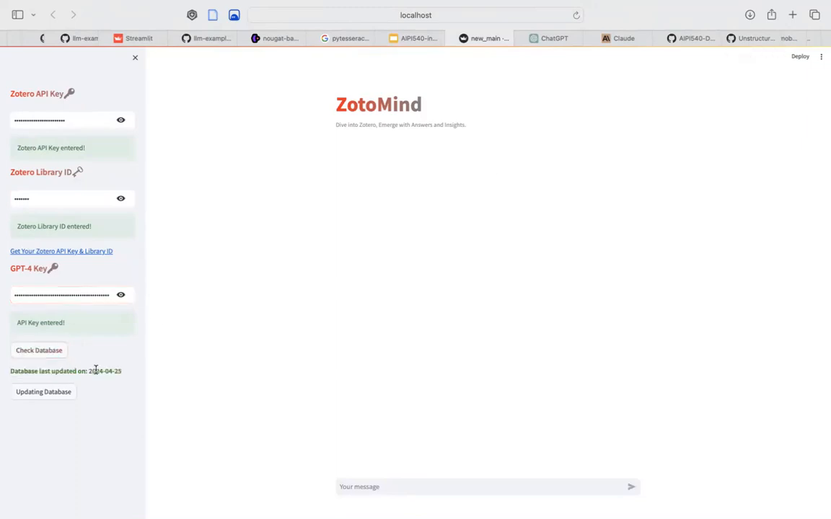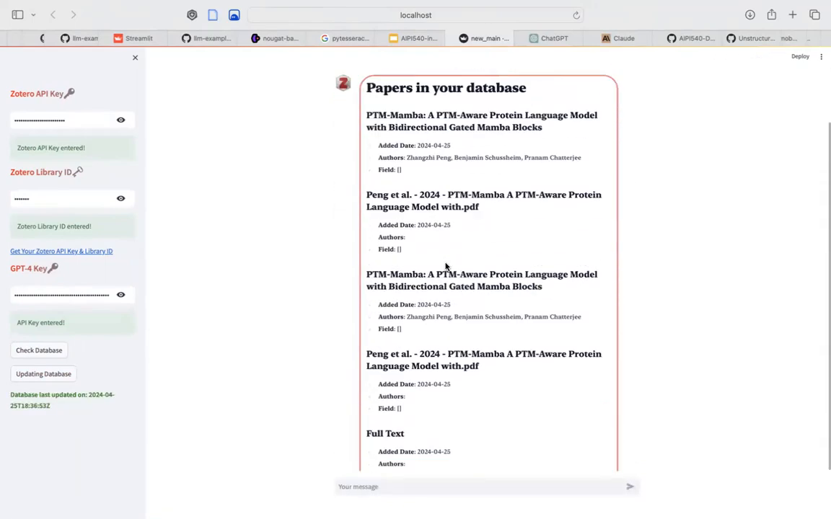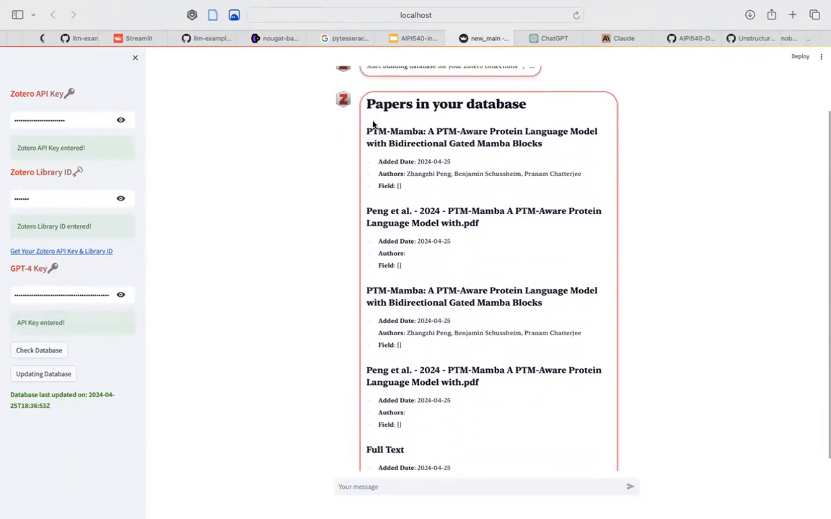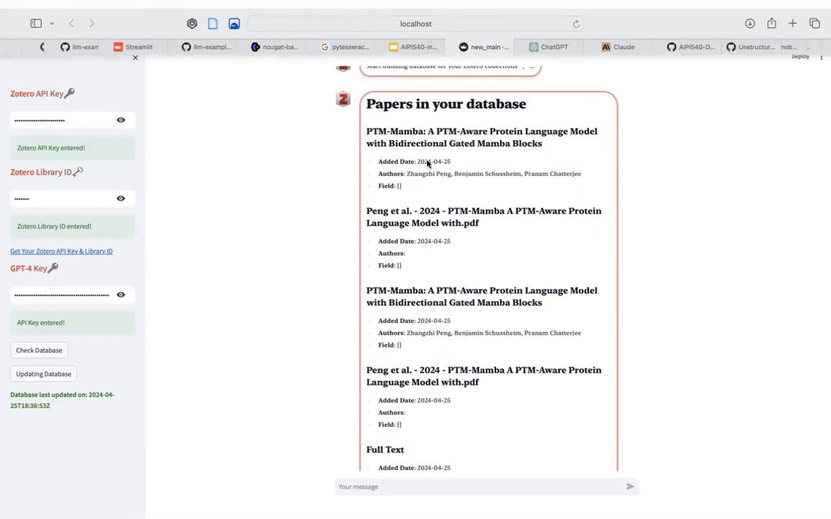See, now all the keys are assigned. We can check this site to check whether your vector database is updated according to your paper collection on Zotero. And you can update your database. So this is just an example. It will list all the